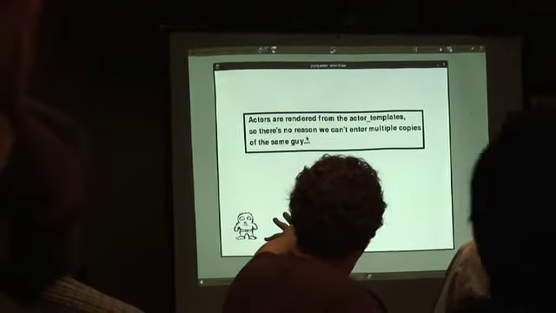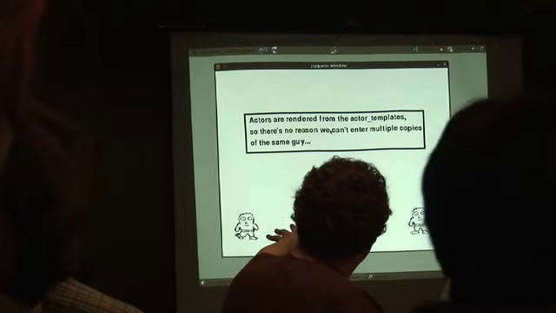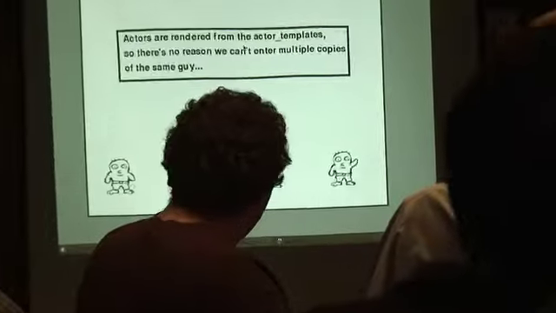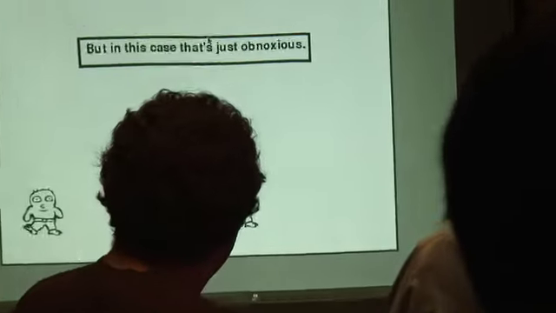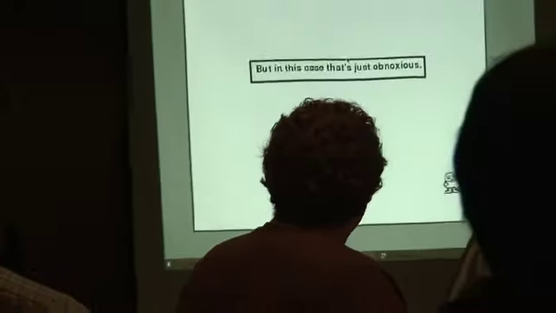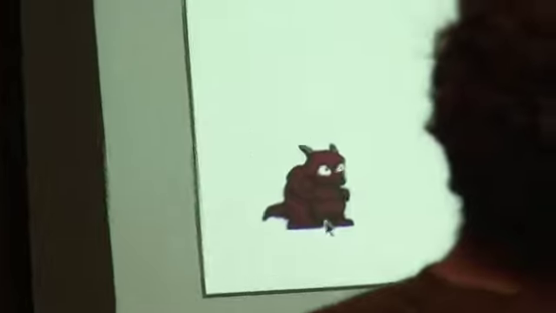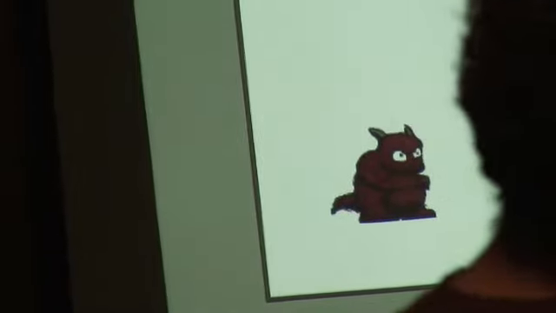But anyway. Actors are rendered from the actor template, so we can insert multiple copies of them. So we can have multiple ones of this guy all dancing and waving, but that's kind of obnoxious, so let's get rid of it. So the monster at the bottom is an actor. The little guy who holds the arrow is an actor, and this text box is an actor. They're all actors, but of completely different Python classes. This one is a text box,